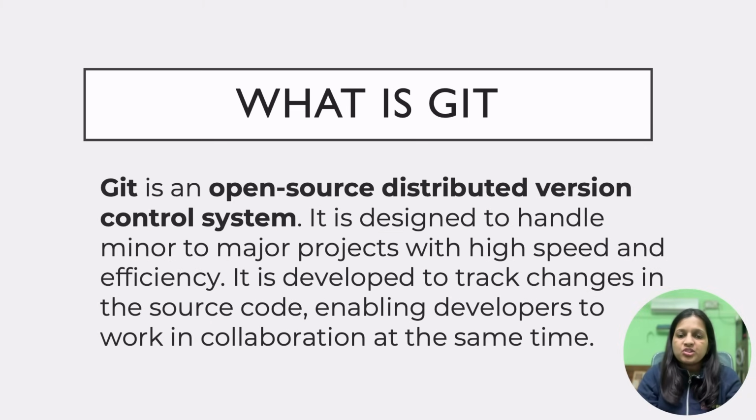Git is an open source distributed version control system. So, what is meant by open source? Let's say you're working in a company and there are a few projects in that company, and you are working in a project which has, let's say, a few team members. So only your team members have the access to the project. No other person coming from outside has access to that project, or they can make any contribution to the project. That is a company specific project. Only that company can work on that project, right? And only the limited set of people that are allowed to access that project can contribute to that and can